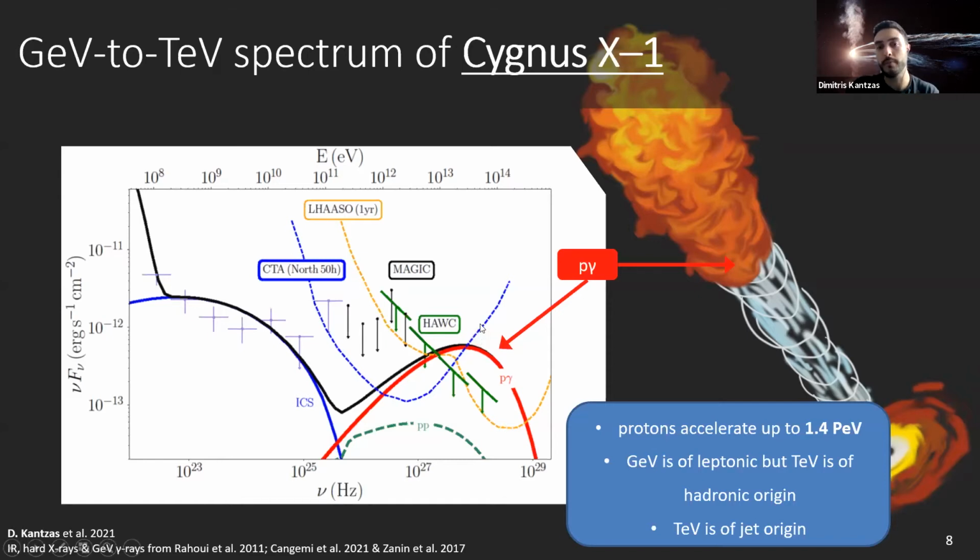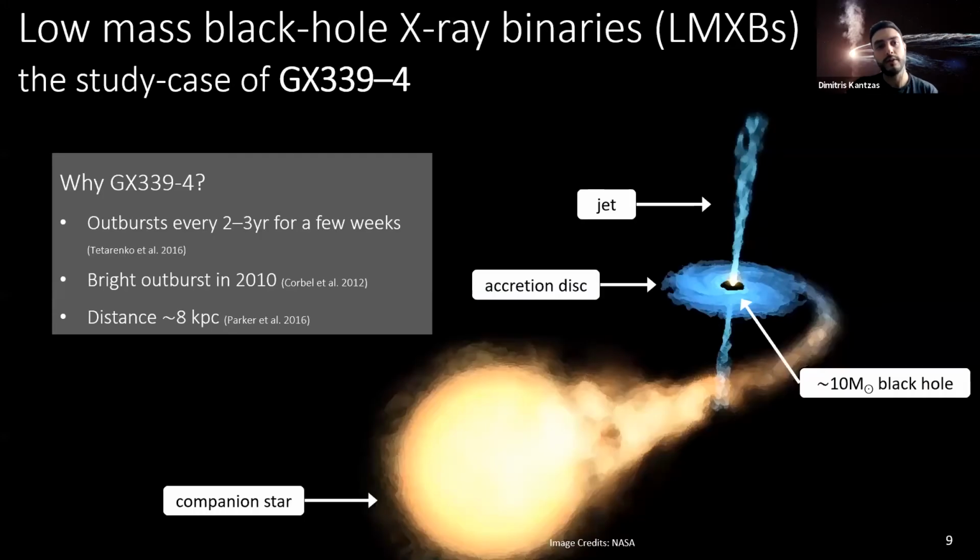So what I want you to remember from this exercise is that protons can indeed accelerate up to 1 PeV. And if this is true, then there will be some TeV emission that can only be of hadronic origin, which is a hint for a galactic PeVatron. But I further applied this model to a prototypical low mass X-ray binary, which means that the companion is of low mass. And in particular, I'm using the prototypical study case of